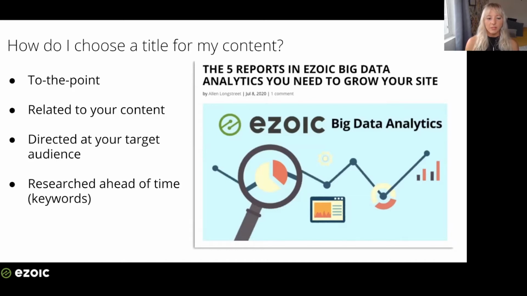You may think that by being broad, you can capture more of an umbrella of people that may be looking for information on a particular topic, but visitors are more likely to click on an article that they know specifically answers a question. And so the more niche that you can get, the better, and this will also help you rank more likely. So to pick out your title, almost all titles and headers should be researched ahead of time. You aren't just throwing something up out there and hoping that it sticks. You want to do your research so you can pointedly target a specific problem that you want to help someone solve. And this is best done through keyword research.